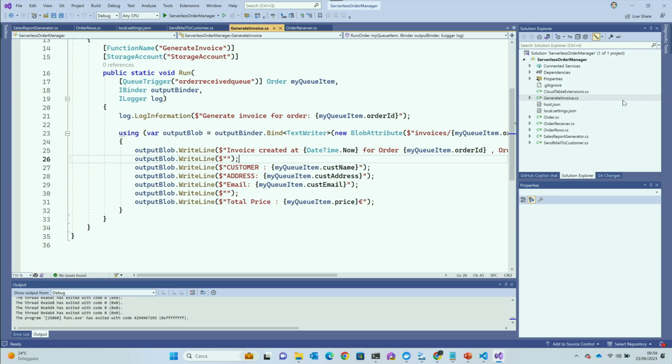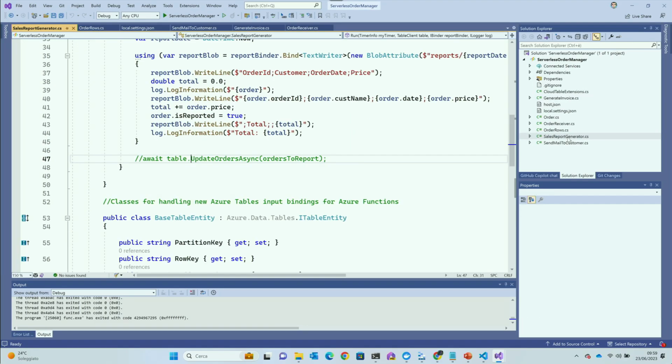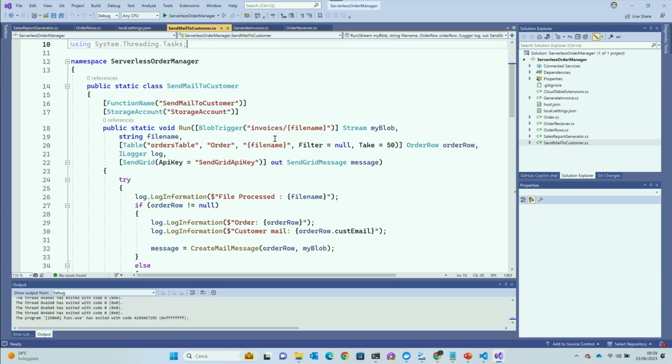And when a file is written into the blob storage, I have the sales report, the send mail to customer function that, as before, now this function has an input binding with the orders table. So parallelly, when the first function saves the data into the table storage, this starts parallelly and sends the email